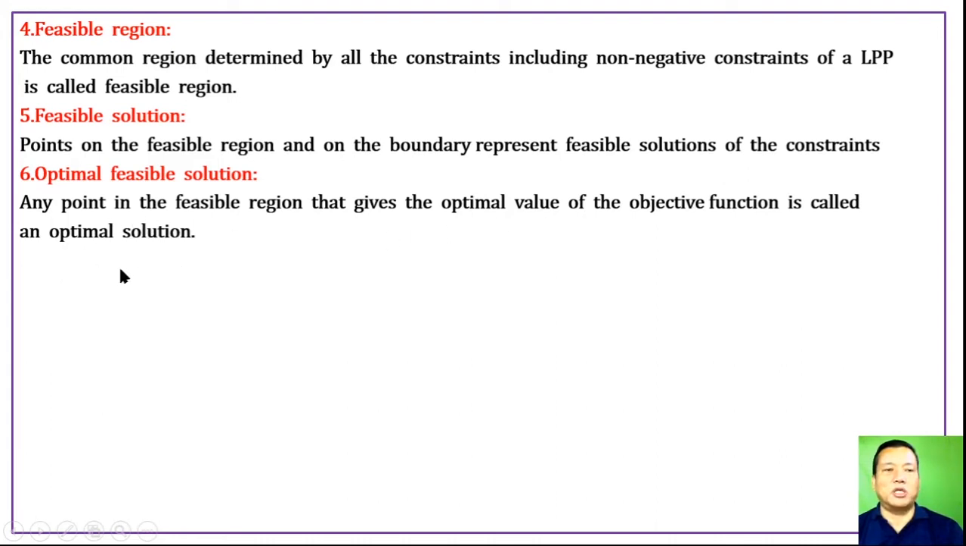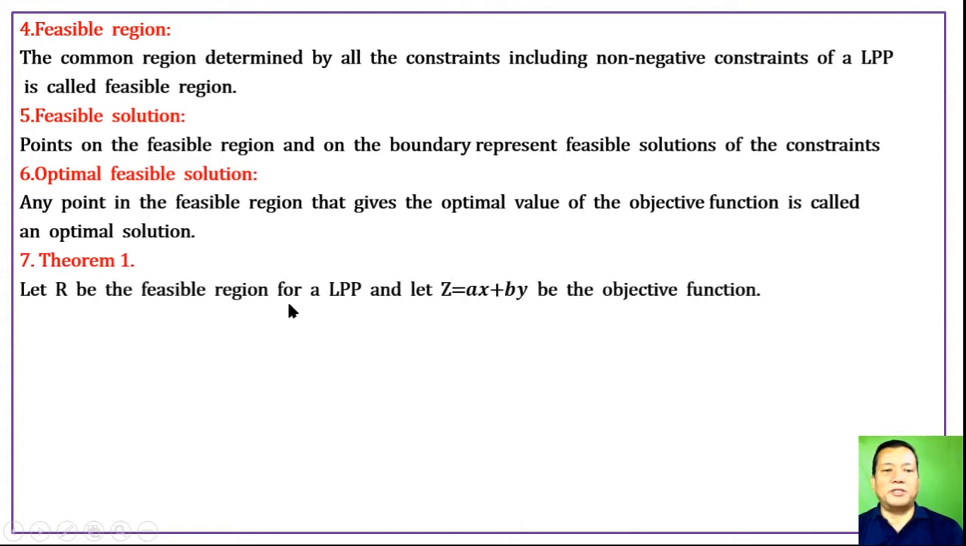is called an optimum solution. Theorem 1: Let R be the feasible region for a LPP and let Z equal to